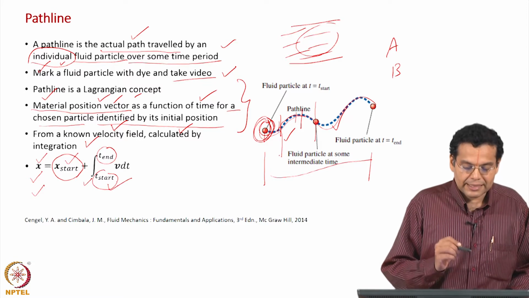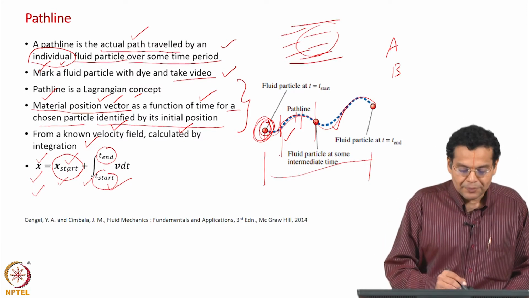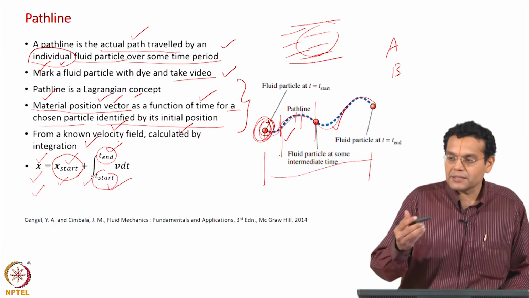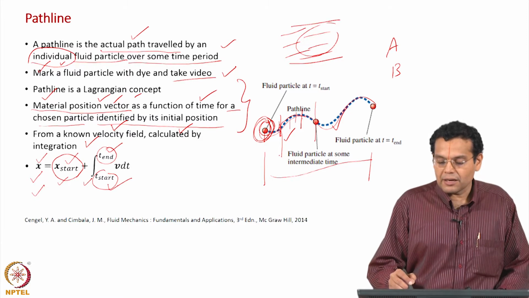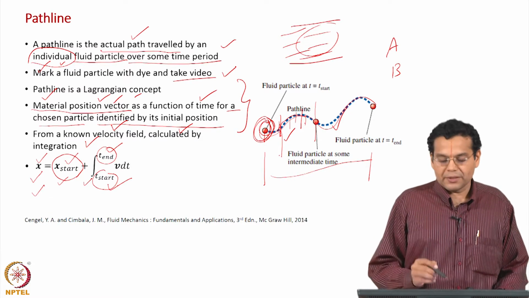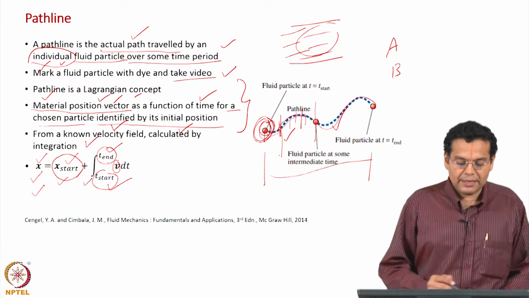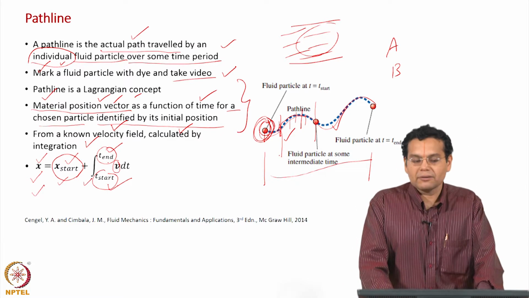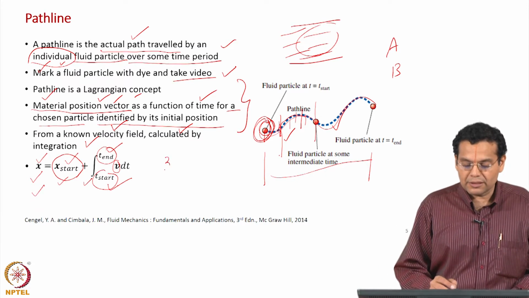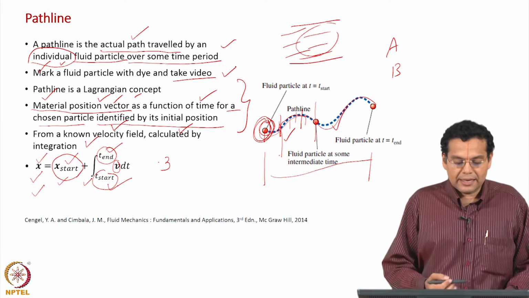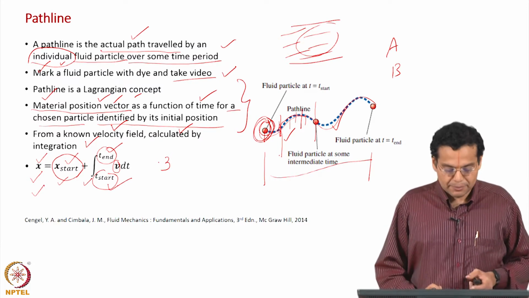So, let us say t start equal to 0 and x start is some 1 comma 1 or some coordinate system. This t end keeps changing depending on the position you want to find out to the corresponding time. What is it you are integrating? You are integrating the velocity vector. Of course, the vectorial equation we write as 3 components and do the integration. We will see how we do that in the application part.